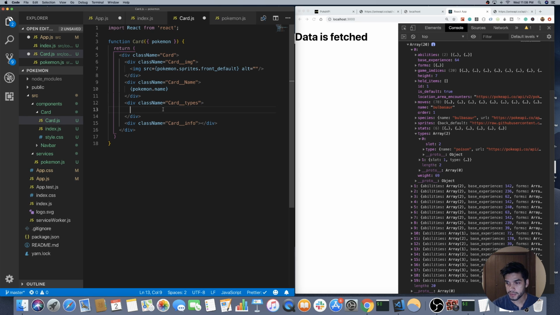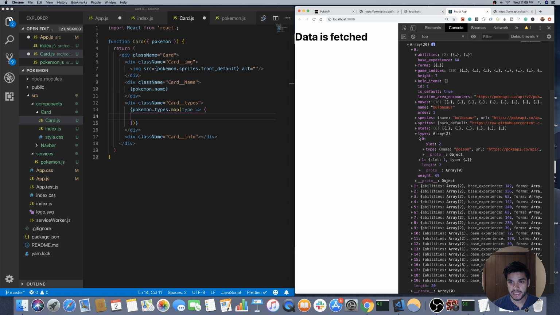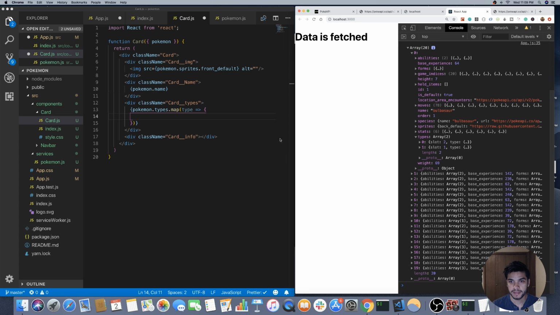So for that, we'll just go ahead and do Pokemon.types.map, and then we want to loop over that. I have to wrap this in a curly brace. So we're looping over types, which is an array, and for each one of these, we want to